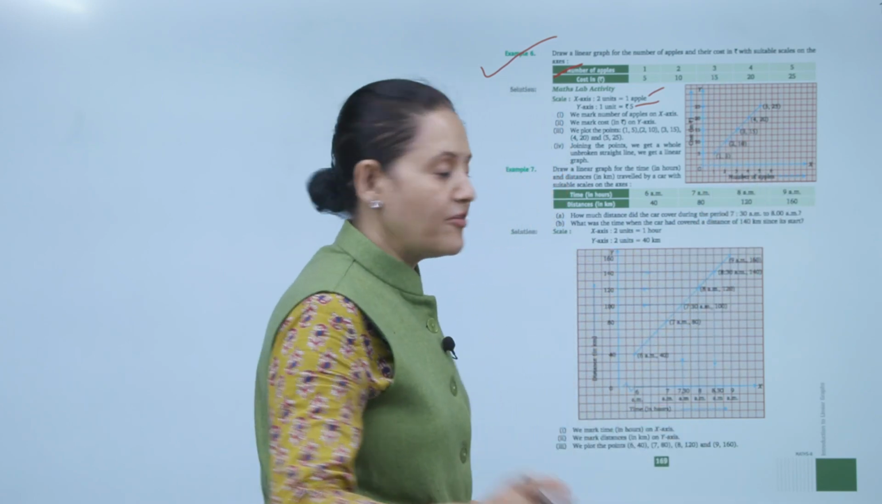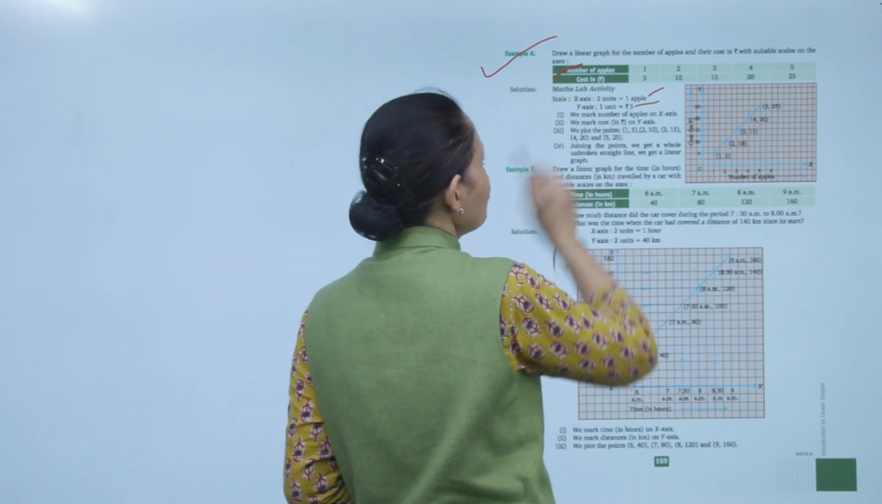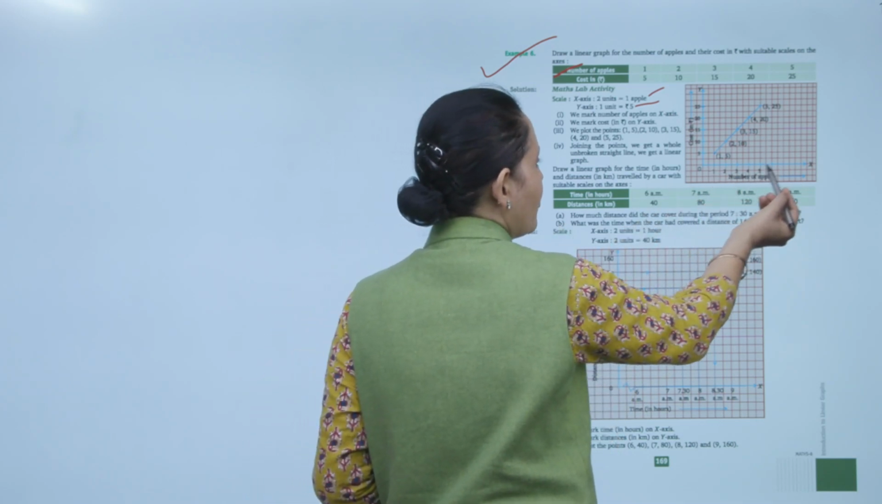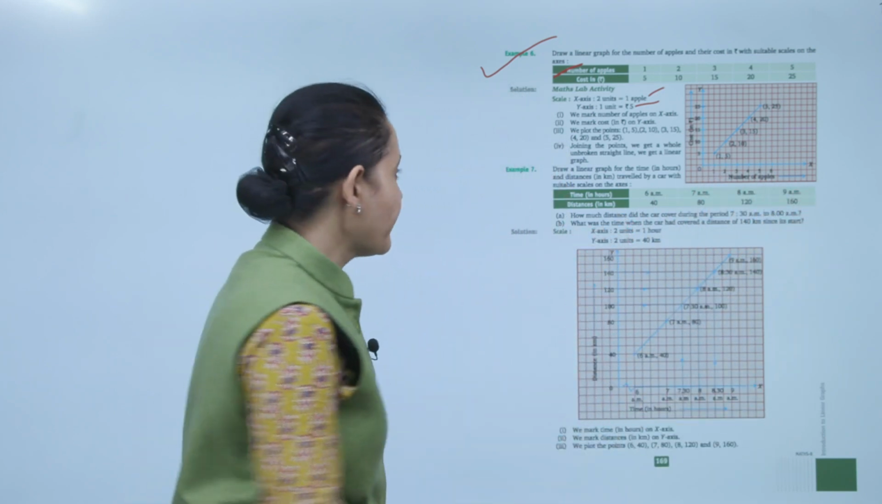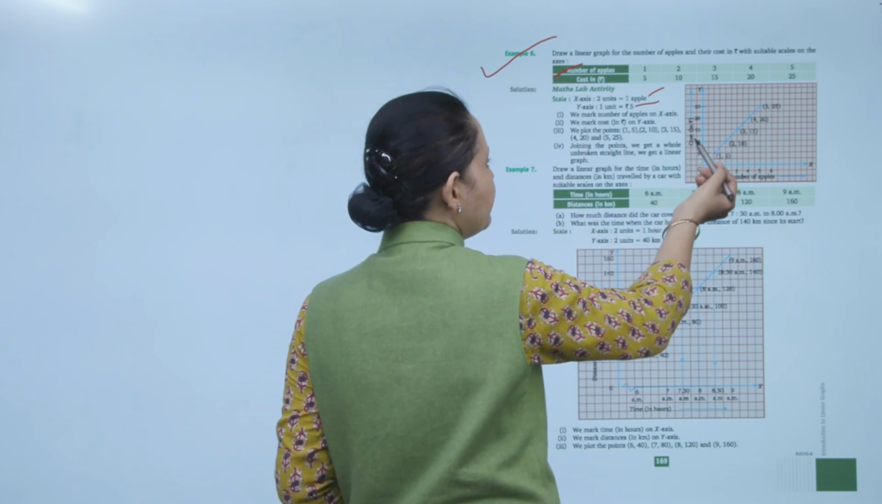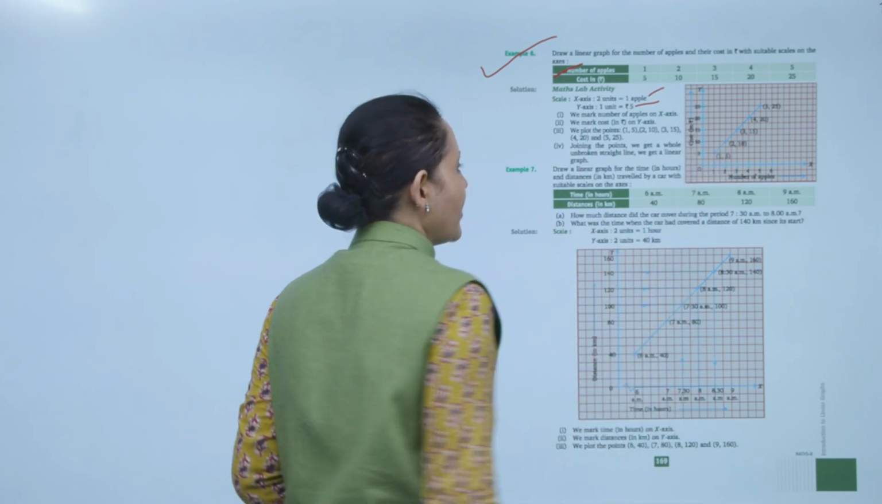So, accordingly we will mark x-axis we have taken 2 unit, that is equals to 1 apple. So, 1, 2, 3, 4, 5, 6. These are the number of apple. Y-axis we have taken the cost. So, on y-axis we have taken scale 1 unit equals to 5 rupees. So, 5, 10, 15, 20, 25. Now,